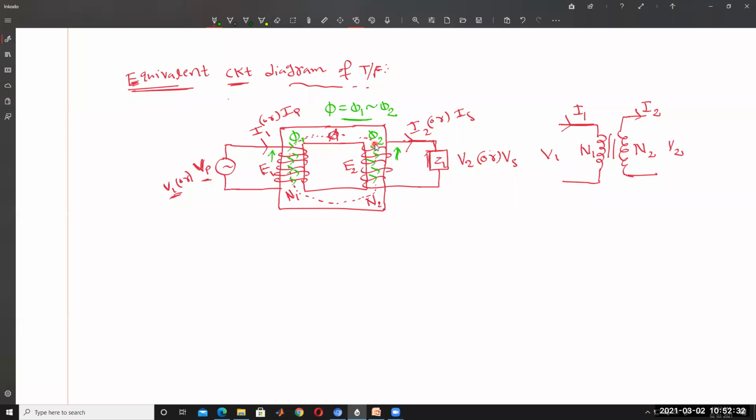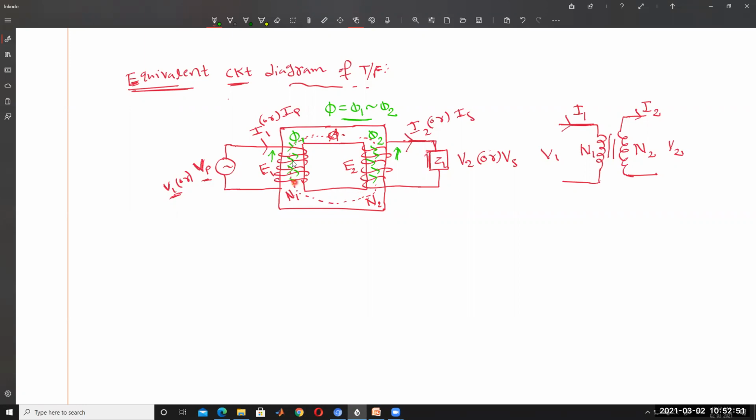If the opposing current is there, then only to meet the load demand, to nullify or reduce the flux phi 2, the flux phi 1 increases, to maintain the flux in the transformer core constant. That's why I1 is increasing. Otherwise, the current I1 is not increased. So that is called useful flux.